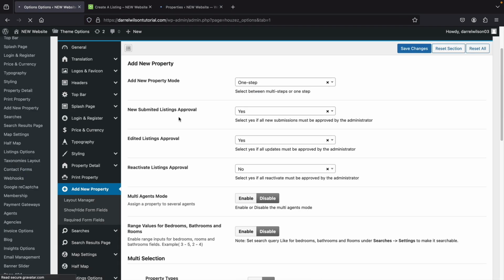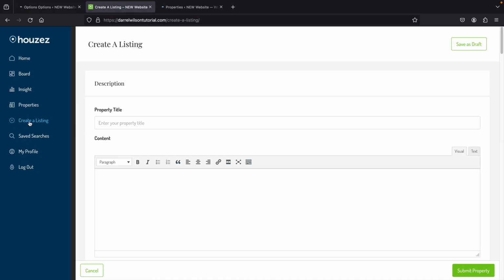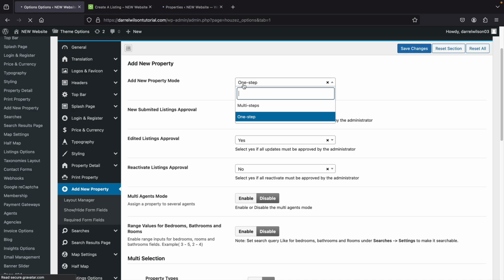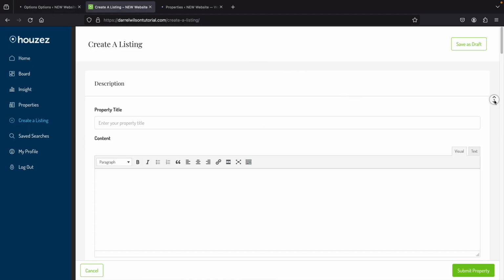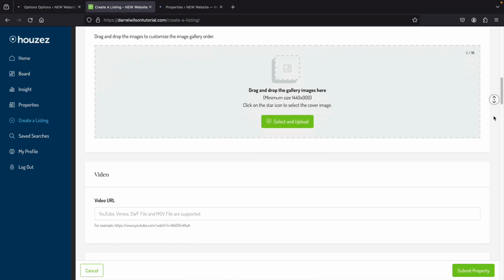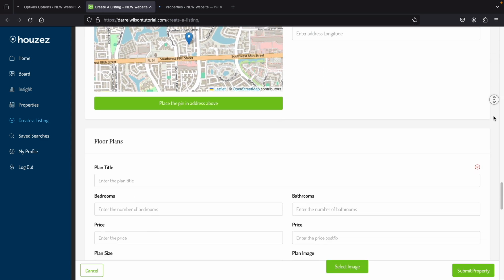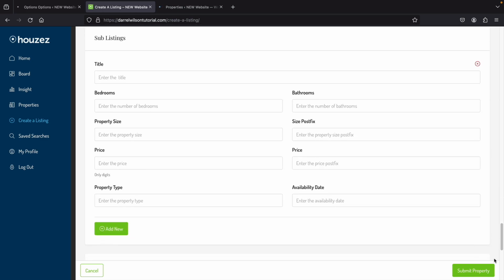So next we have add a new property, and this is the section for the create a listing section. Now the first one is one step or multi-step. I definitely like one step better. So when people create a listing, it all shows on one specific page, right? All the options, you know, so they'll put everything in and they'll click on submit property, and that allows them